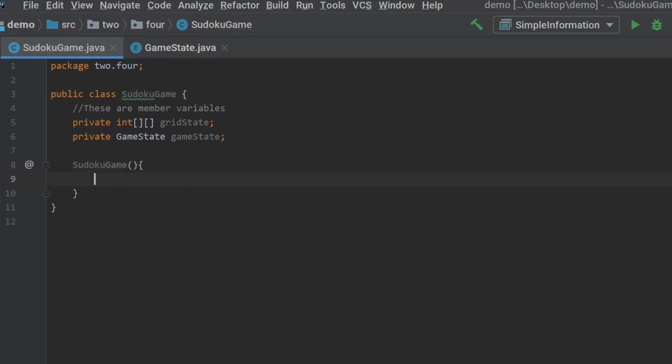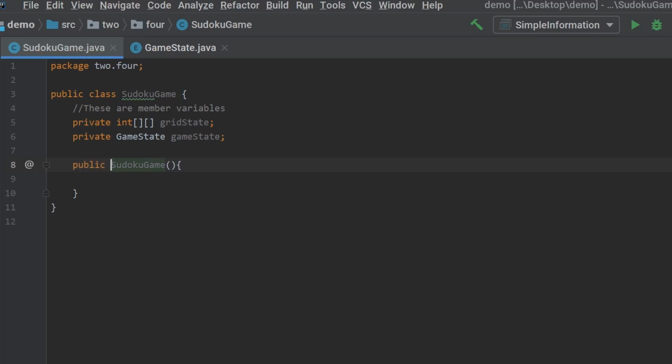The simplest way to create a constructor is to type the name of a class followed by parentheses and curly brackets. Note that to create a proper constructor, the name of it must match the name of the class exactly. Now, we can also include an optional access modifier, and 95% of the time you will want that modifier to be public. Again, I will talk about those more later.